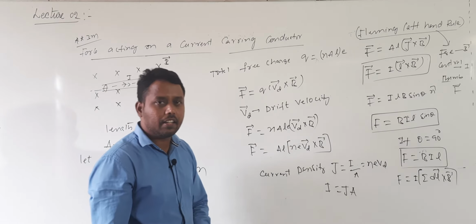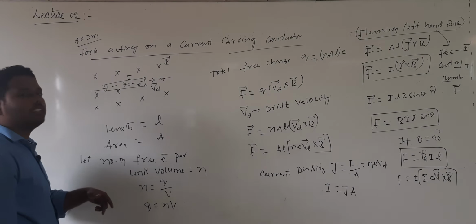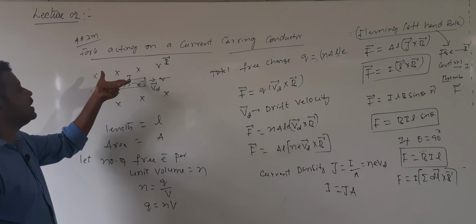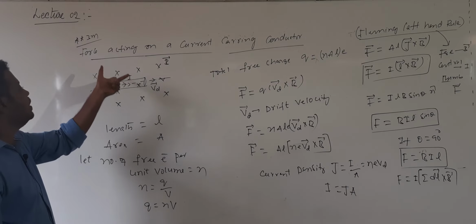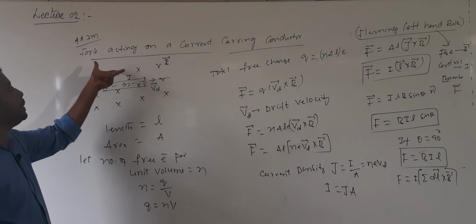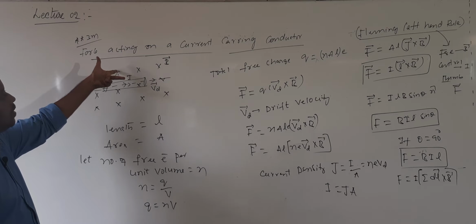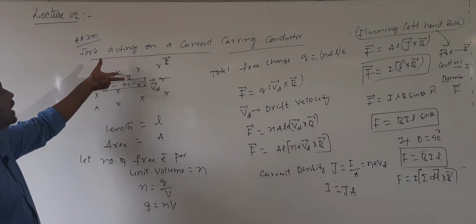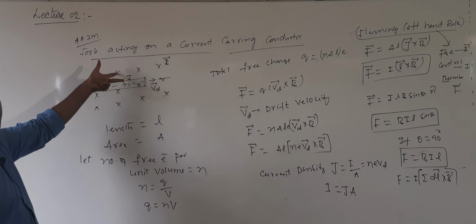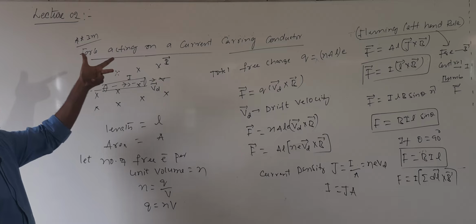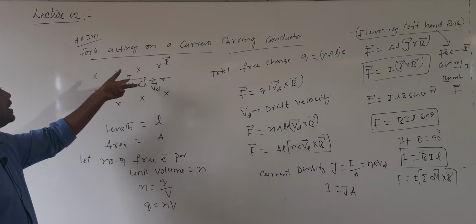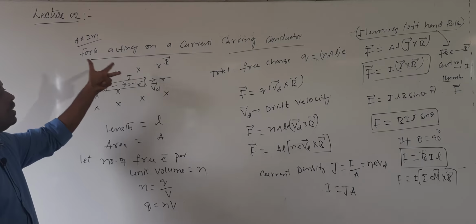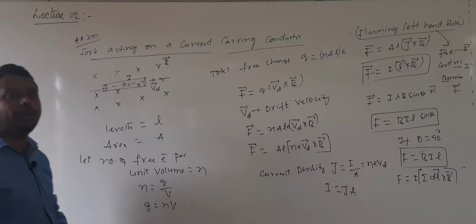If I want to calculate for this case, this is the direction of which one? The magnetic field, which is passing into the paper. So the magnetic field is perpendicular to the plane, passing into the paper. The forefinger indicates the direction of B bar. The central finger indicates the direction of which one? I bar. Then the thumb will indicate the direction of the force acting, so it is this one. These three should be mutually perpendicular.